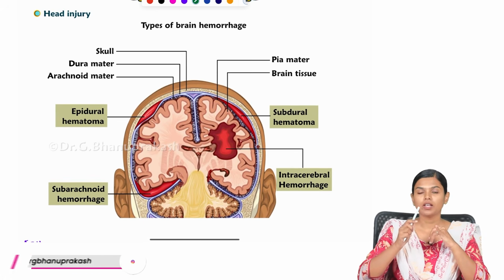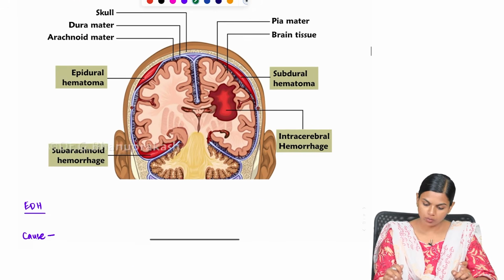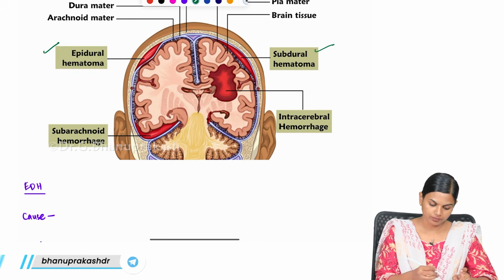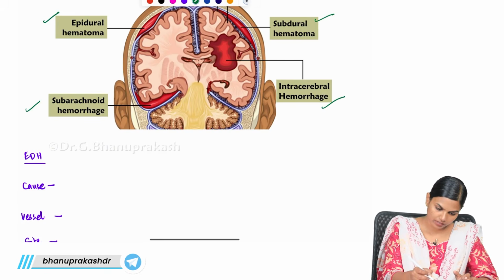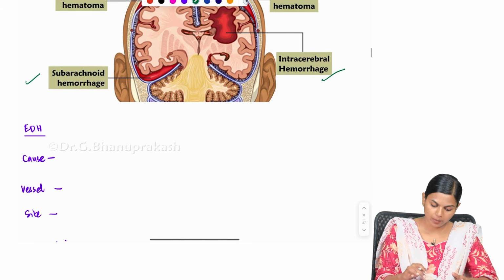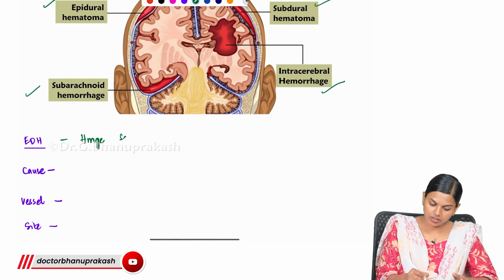So we have seen scalp, then skull fracture, then brain injury, the tissue of the brain getting injured. Now what you are going to see is brain hemorrhage. So in brain hemorrhage, you basically have these: epidural, subdural, subarachnoid and intracerebral hemorrhage. So first we are starting with epidural hemorrhage. So epidural hemorrhage is the hemorrhage seen between,